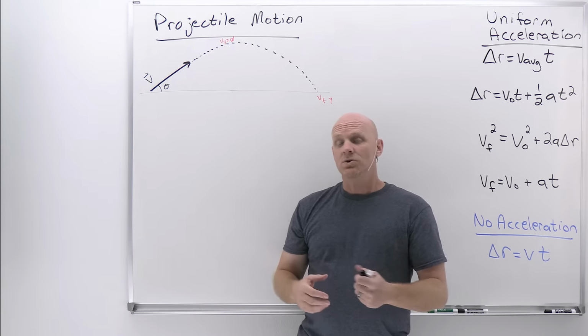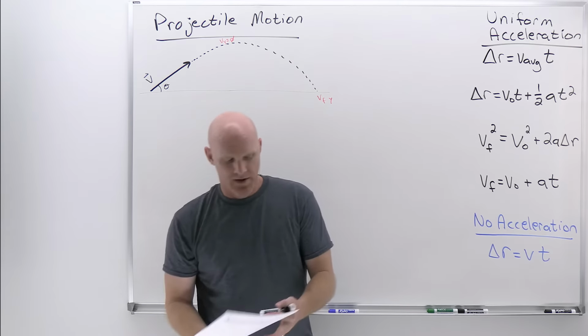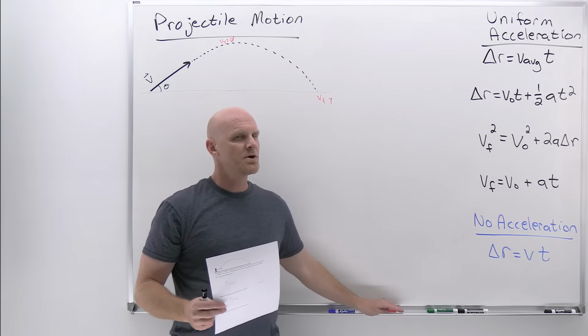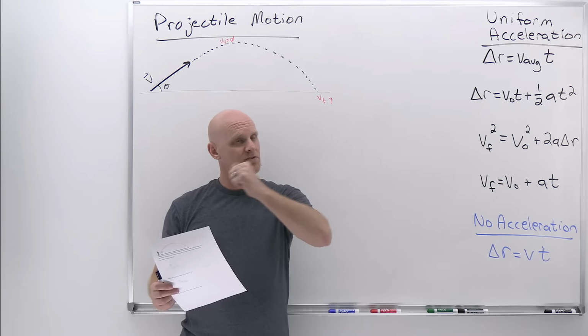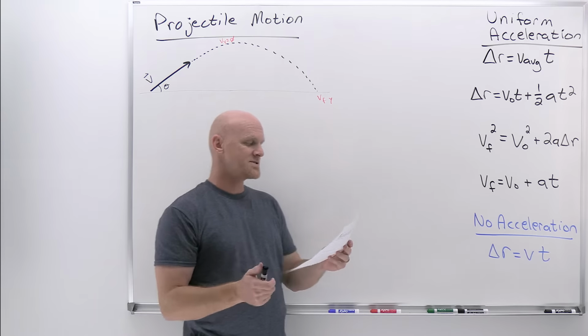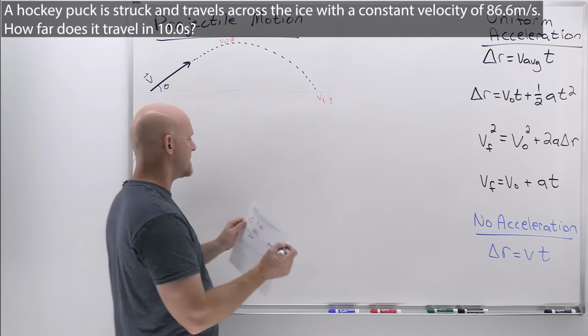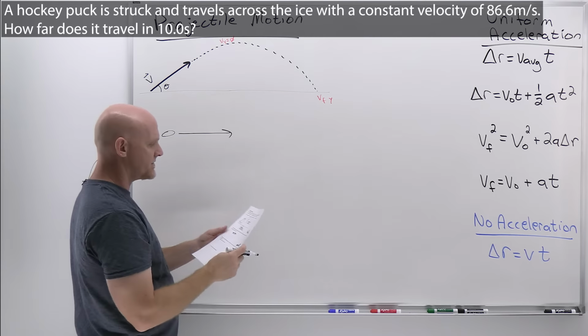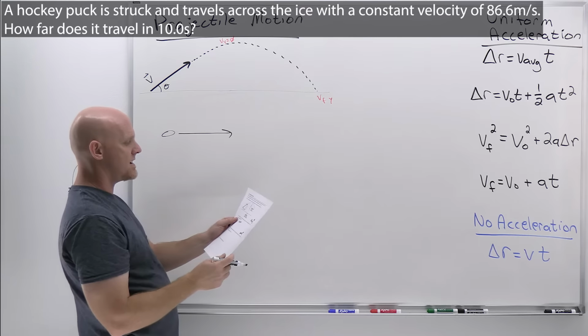Okay. So let's deal with a couple of problems here. And again, you're going to look at this first one and be like, this is a two-dimensional projectile motion lesson, Chad. Yes, and we're going to start with a couple of one-dimensional problems first, though. So the first one is, we're going to have a hockey puck. And that hockey puck is going to be struck in the horizontal direction, sliding across the ice with a constant